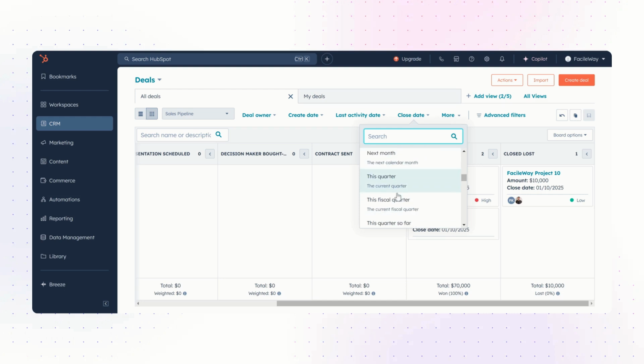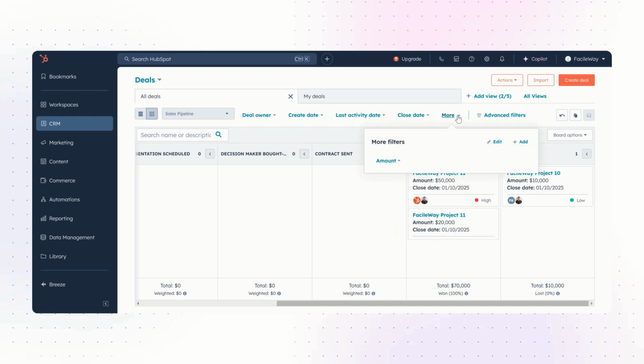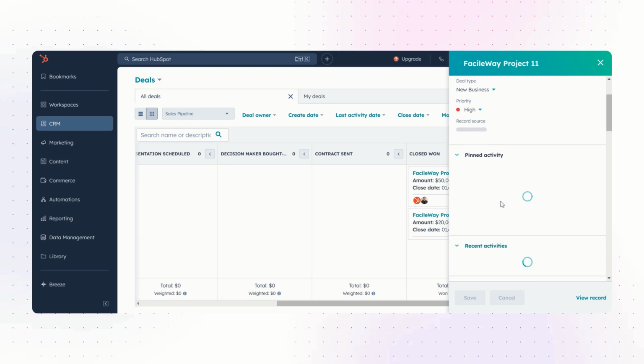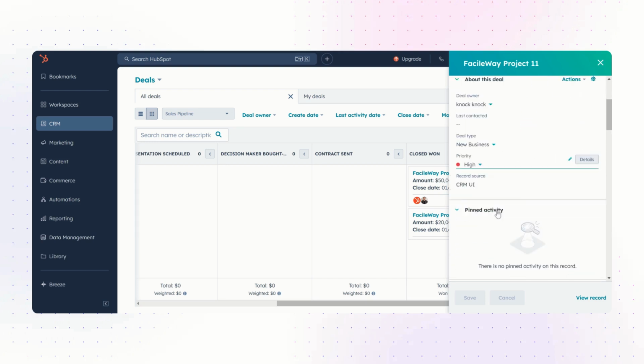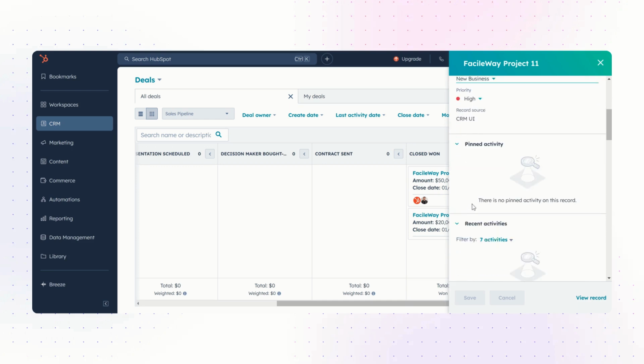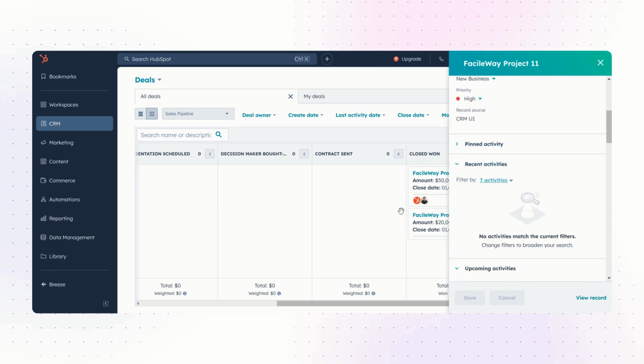For the closed deals, you can check everything about them. Here are some more sections, like amount, anything you need to close your deal faster. If you want, you can also update the deal information. If there is any update to the deal, like a change in deal value, close date, or stage, simply click on the deal and open its details. Here you can edit everything you need about the deal, like this being a new business.